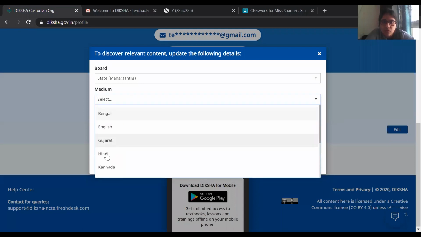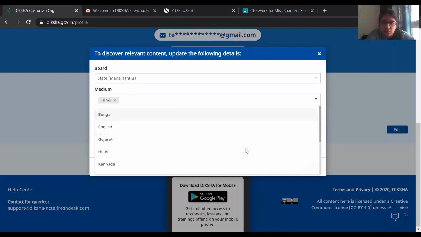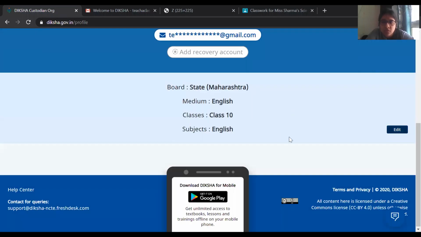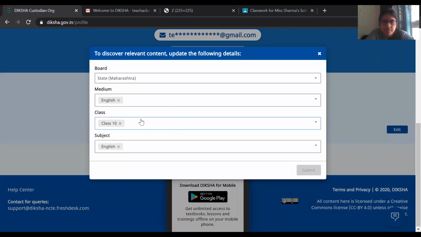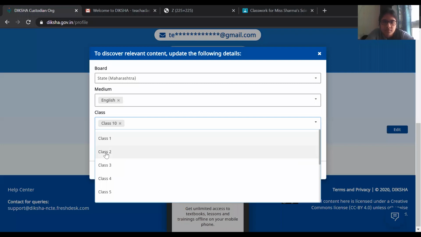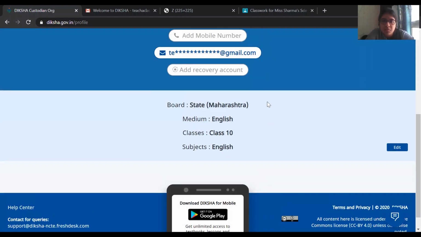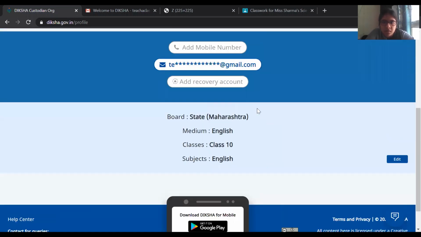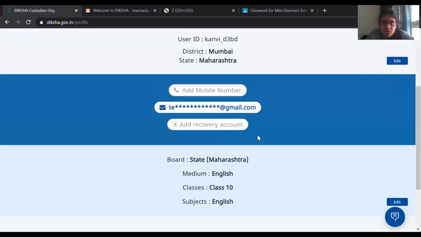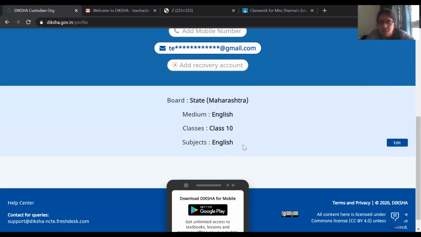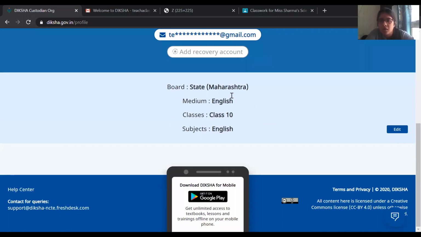If I try to do Hindi over here, it's not letting me change. Just give me a second. I think we can create a tutorial on this later. At this point, because of my internet bandwidth, I'm not able to change this right now. But you are allowed to change it. I have definitely done it in the past.